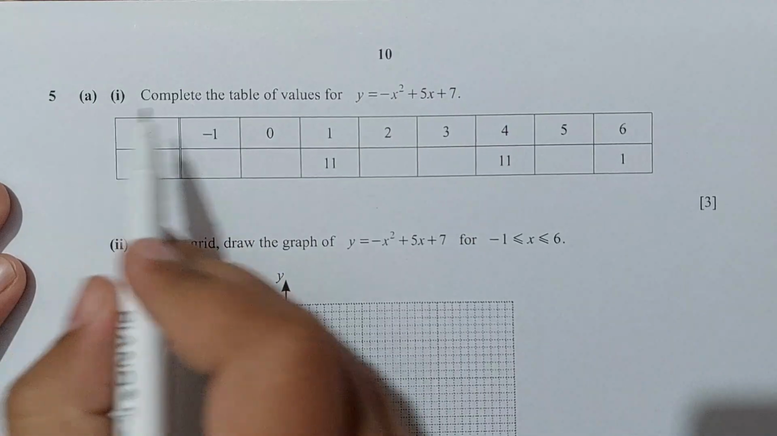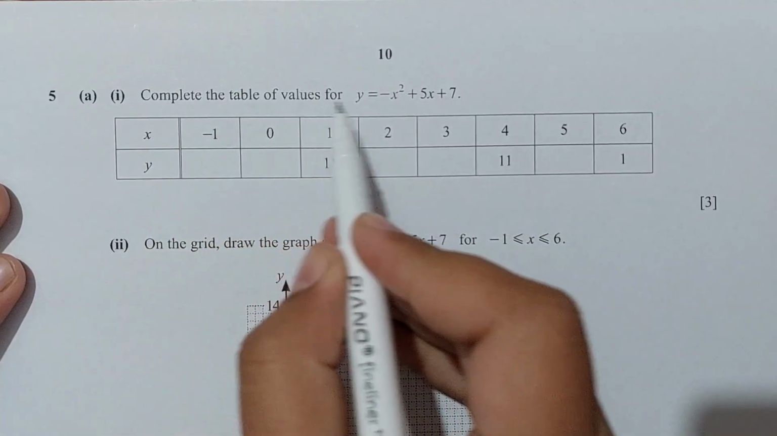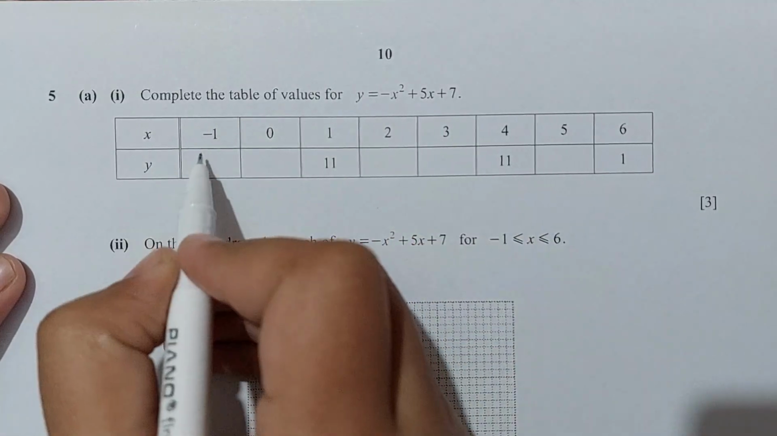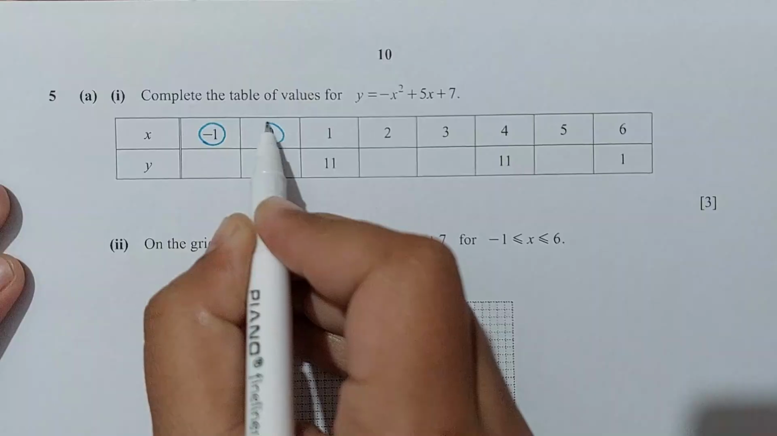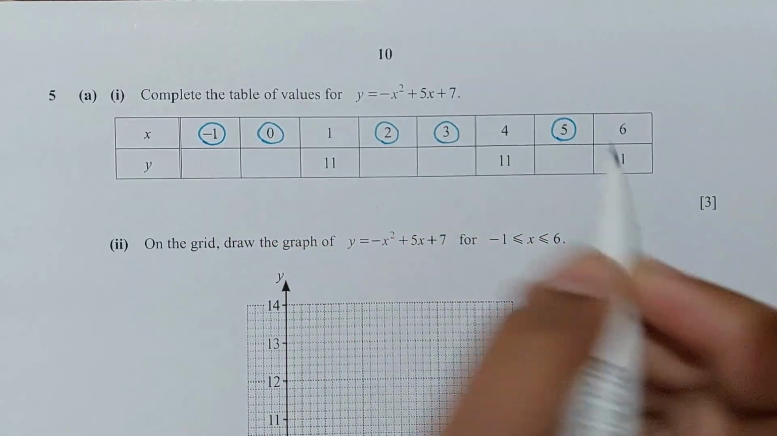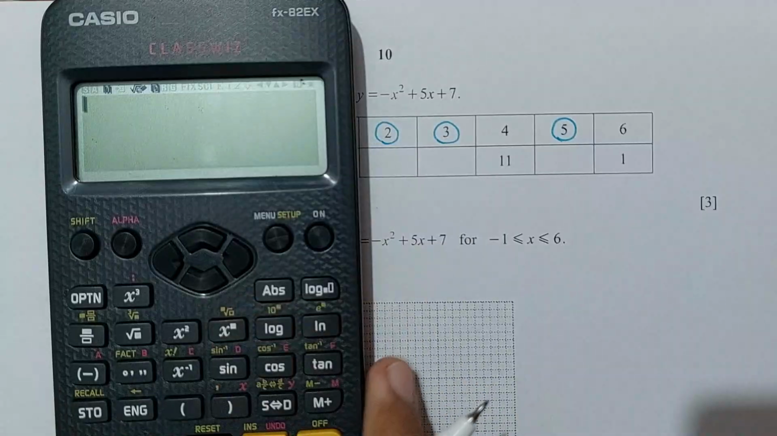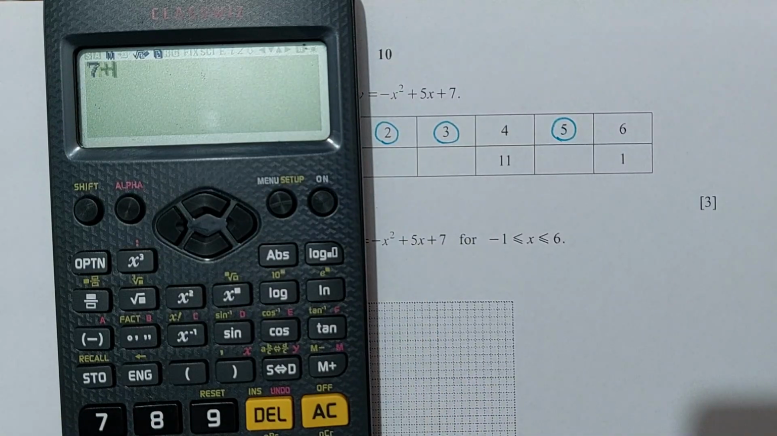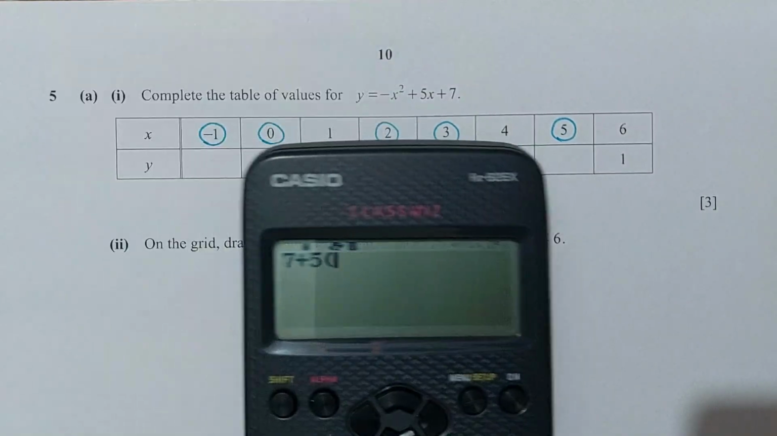Question number 5, part A1. Complete the table of values for this function. For x is -1, x is 0, x is 2, x is 3 and x is 5. These are the missing ones. Okay, 7 plus 5 into x